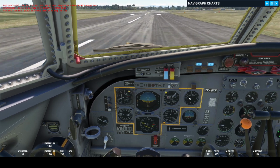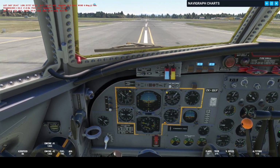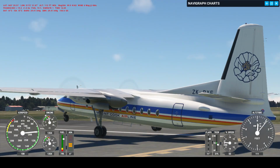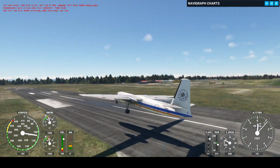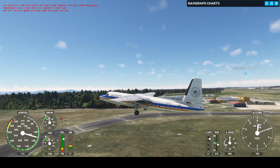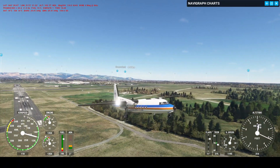Right, let's focus on flying now. I don't really understand the speed of this, because I'm sure this runway is long enough for a Fokker. And I do believe, watching videos, they raise their landing gear quite early on in the flight. Unfortunately, I'm having issues finding it with the landing gear, but